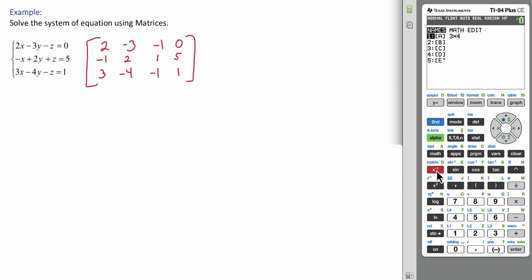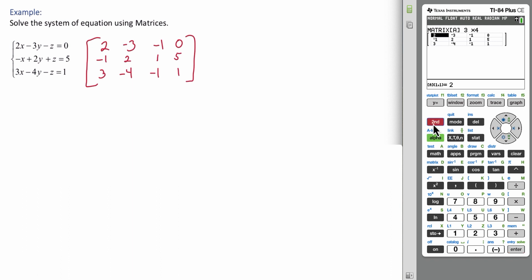So second matrix, go right to edit. This is a 3 by 4. And now we'll type in those entries: 2, -3, -1, and so on. After you type in those entries, make sure you double check, look for any typos,